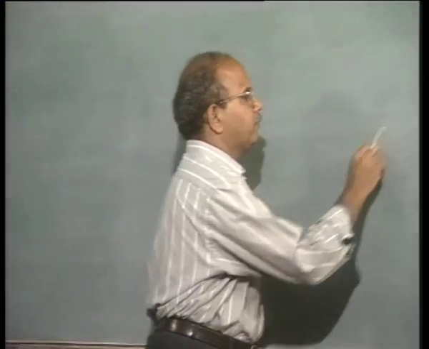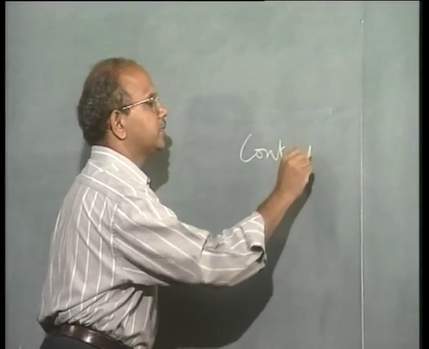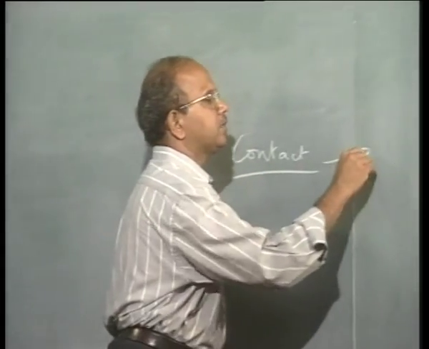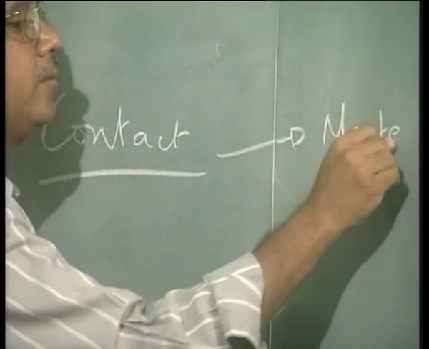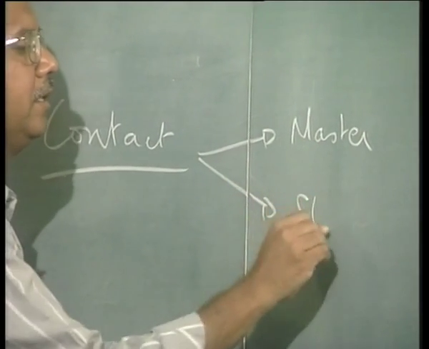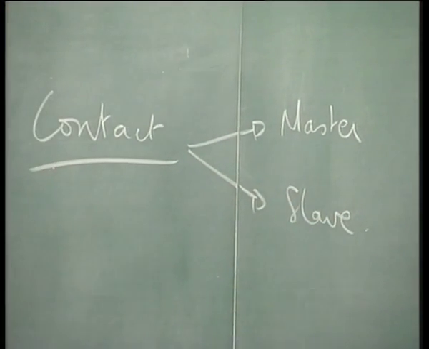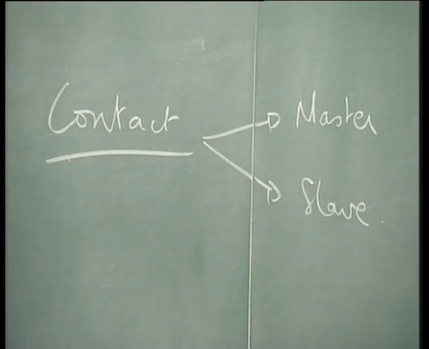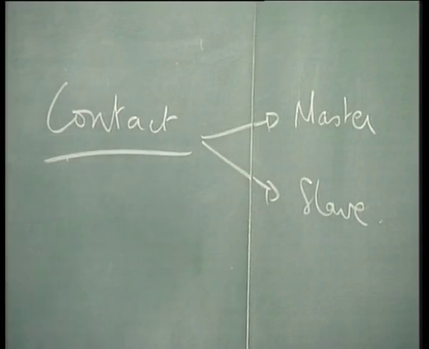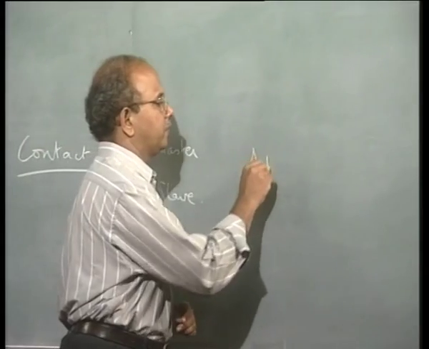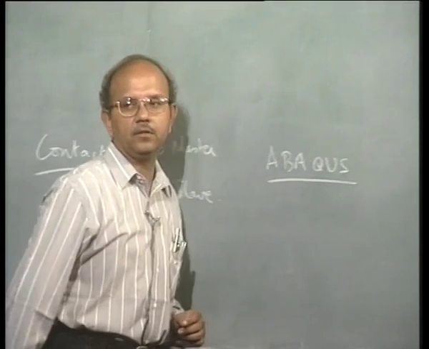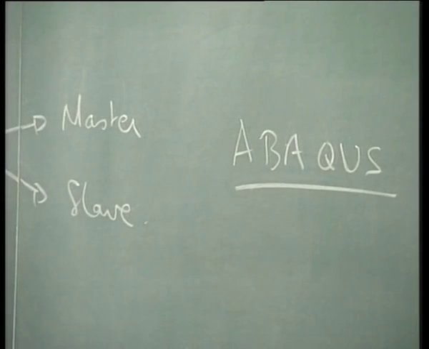Yeah, in the last class we defined or discussed the contact element, and we said that the key concept in the contact element definition is master and the slave nodes. Now, there are some questions as to how this can be used in a practical software. So, let us now look at a practical software like Abaqus, which has a good contact definition, and see how it can be used here.